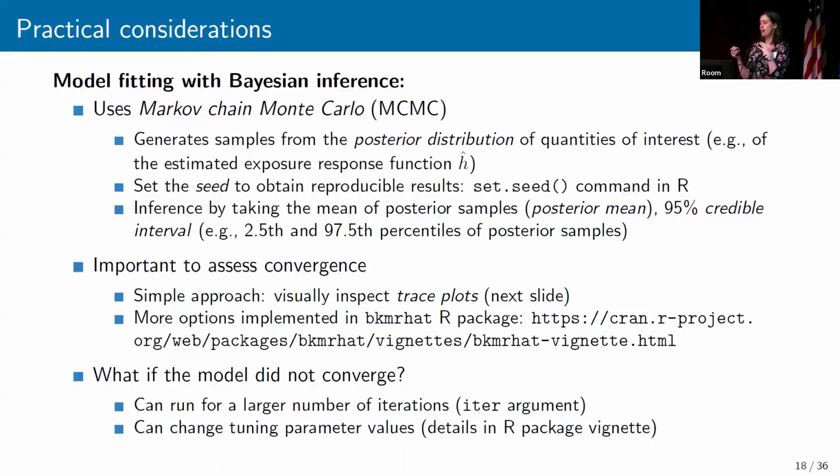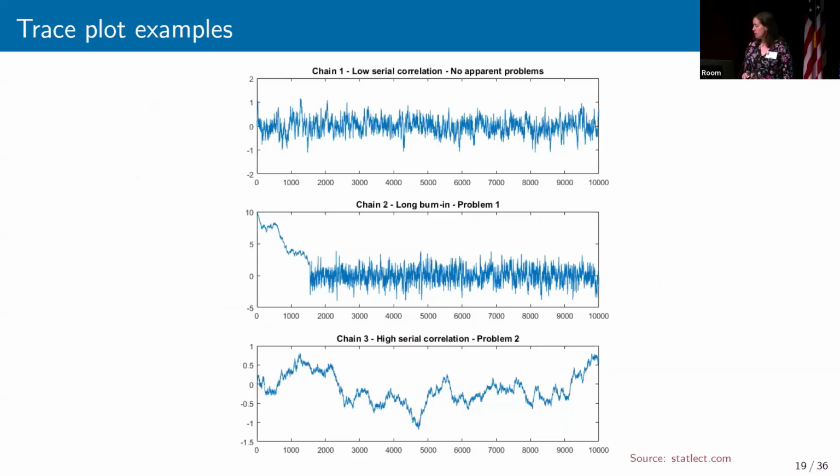And you can change the variances of the proposal distribution so that you would either explore more of the space, and you can tune it so that you get a good acceptance rate, which will give you better mixing. So that's another option, but it might be helpful to work with somebody who's had some experience with Bayesian model fitting. But here's an example of a trace plot.